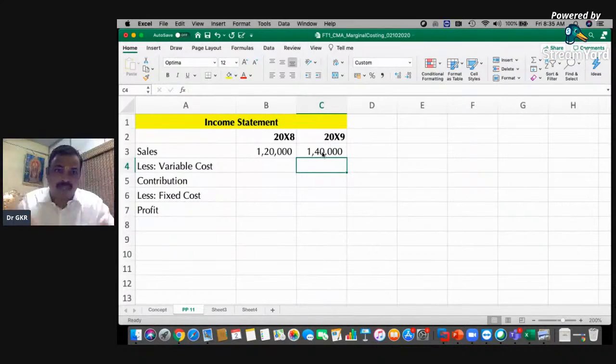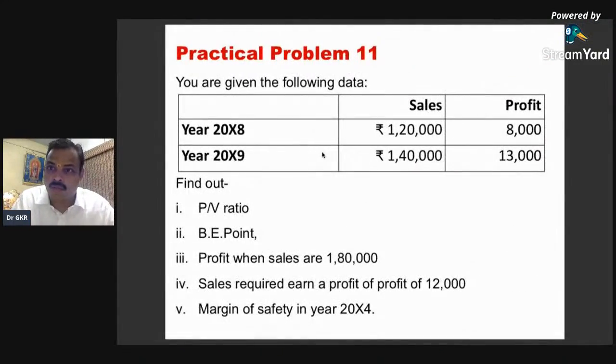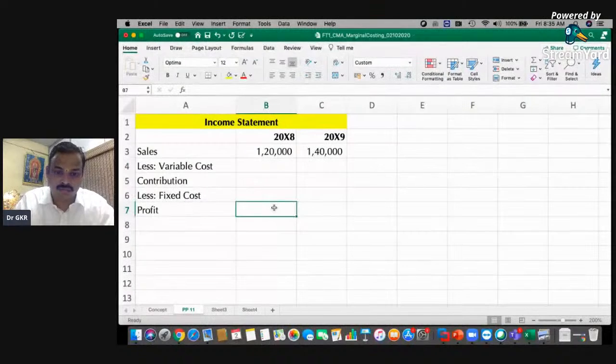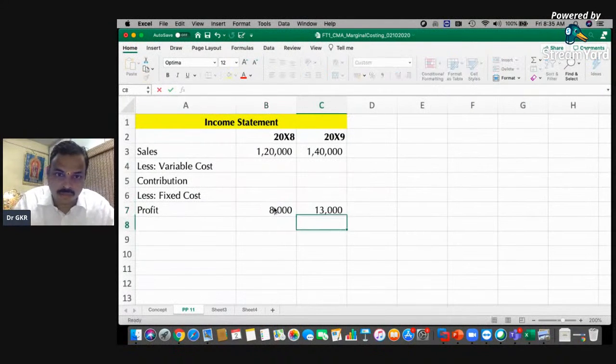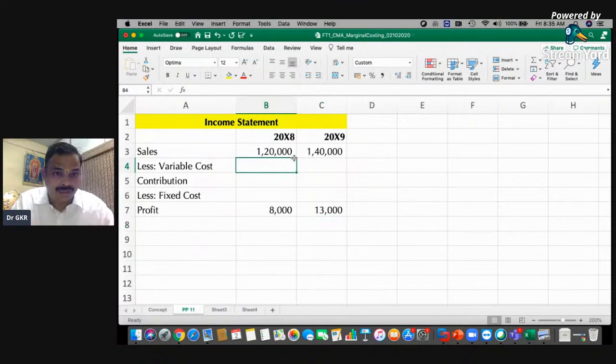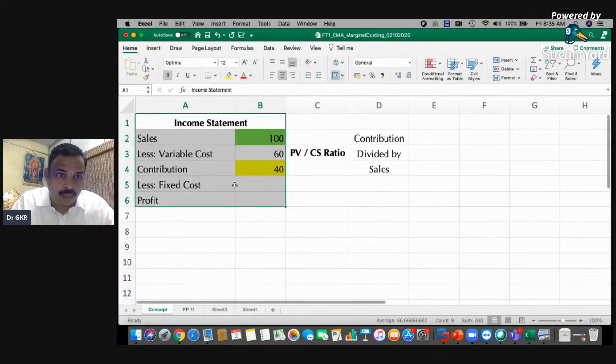Just put this in this vertical always. Profit is 8,000 and 13,000. This is 8,000 and this is 13,000. Good. Now, please understand that if your